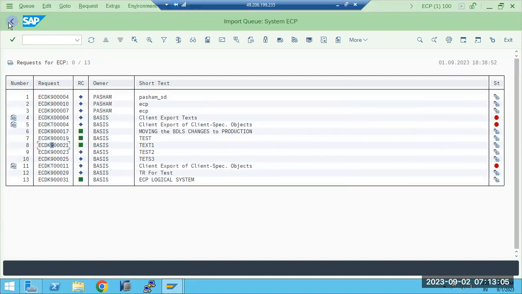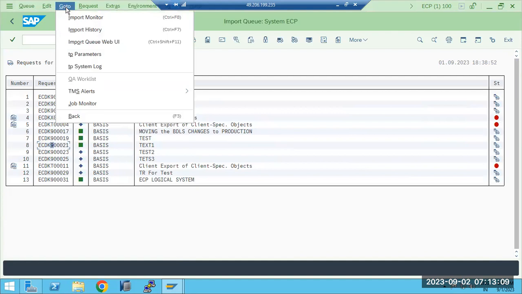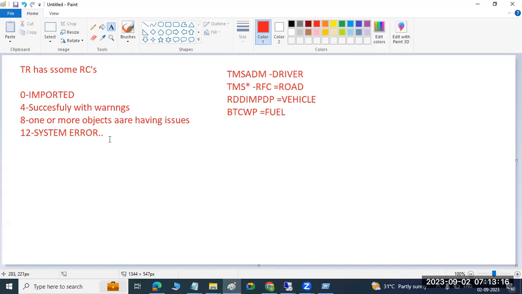So that way we can find out here. That is the logs, we can check it out, find out everything here. But what is the main cause here? So if you go here, the main cause, if the RC is 12, means the main cause is these